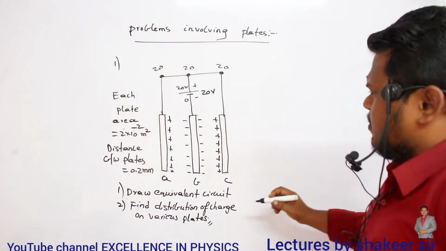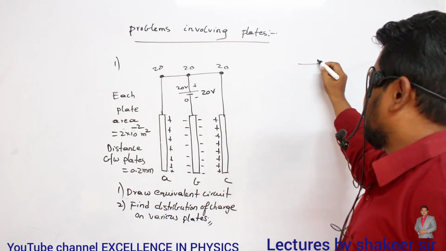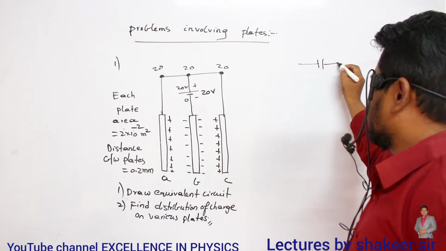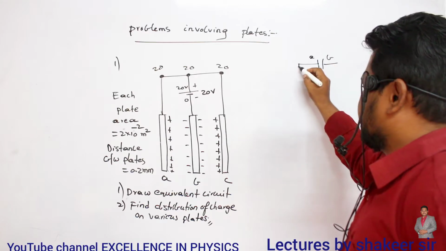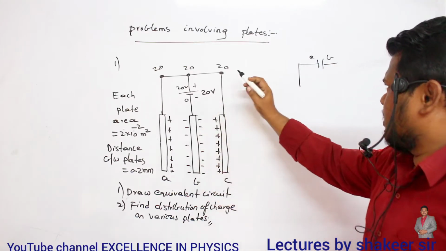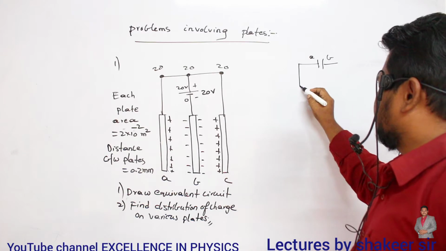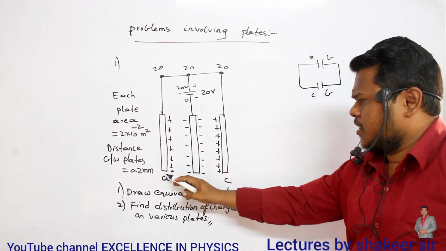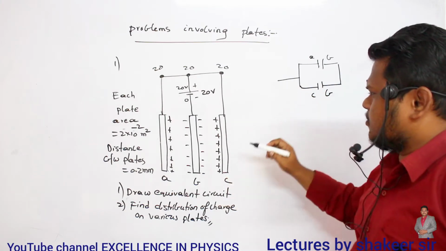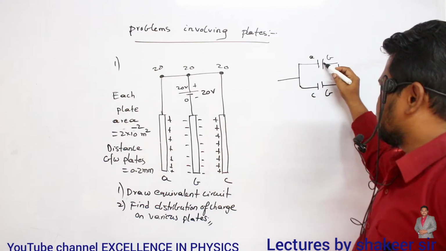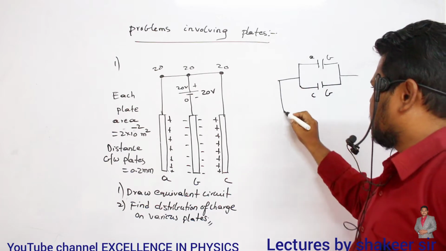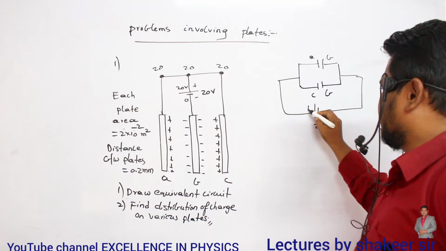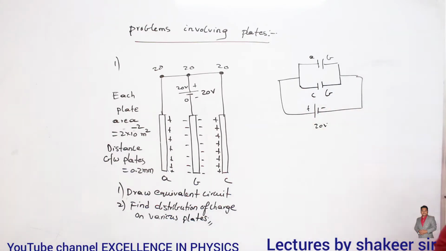So I will start from here. This is plate A. Plate A is connected to plate B. So this is plate A and this is plate B. Next, plate C is also connected to B. So A and C are present at the same potential. Similarly B: this is B, this is also B, connected to another same potential. So this is how we can draw the circuit. Clear? Now see if this arrangement is correct or not.